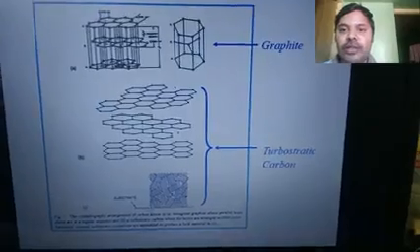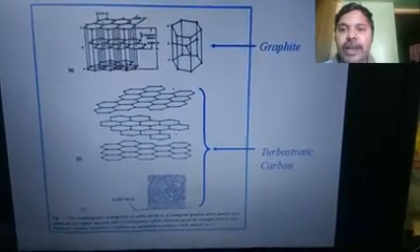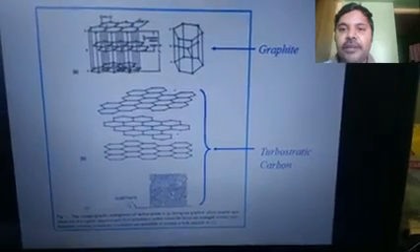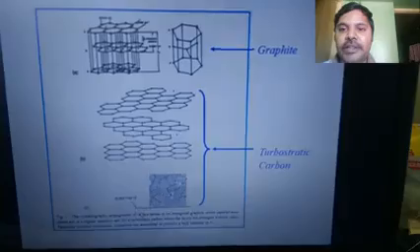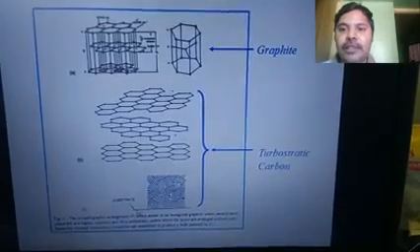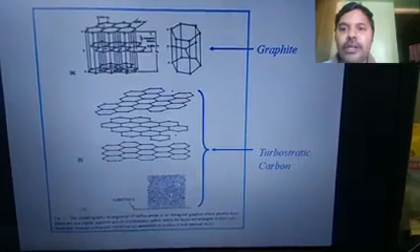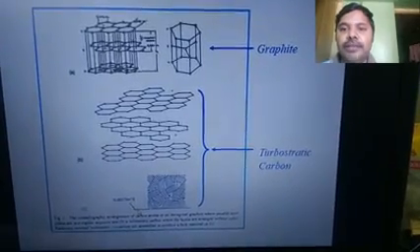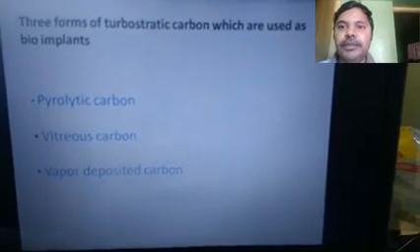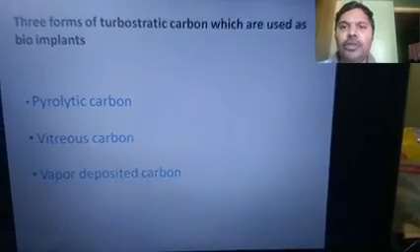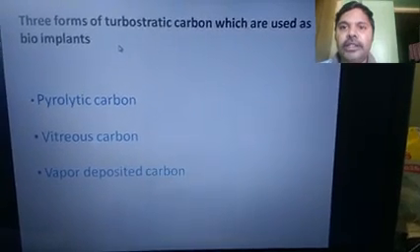The last picture shows that you cannot directly implant the carbon material. You should have a substrate. This is your carbon material. You have to coat your carbon material over the substrate by some physical methods. The substrate may be a metal or plastic. You have to coat your carbon material over the substrate, then you can implant the material in the human body. So mostly turbostratic carbon is used in human implants.